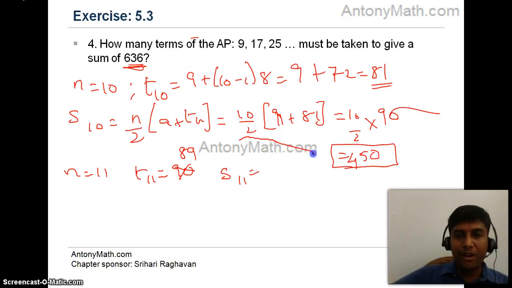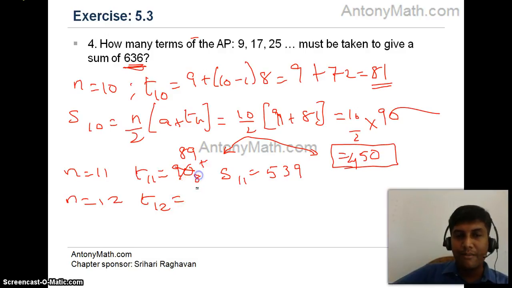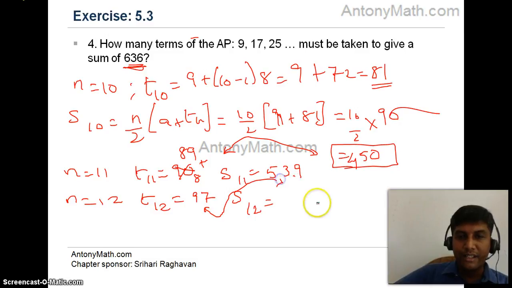It is nothing but 450 plus 89, which is 539. When I go one more term, T12 is nothing but 89 plus 8, which is 97. My S12 is 539 plus 97, which is